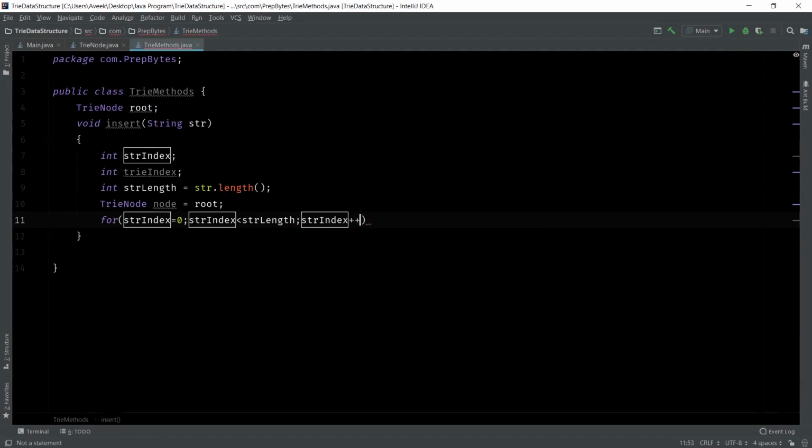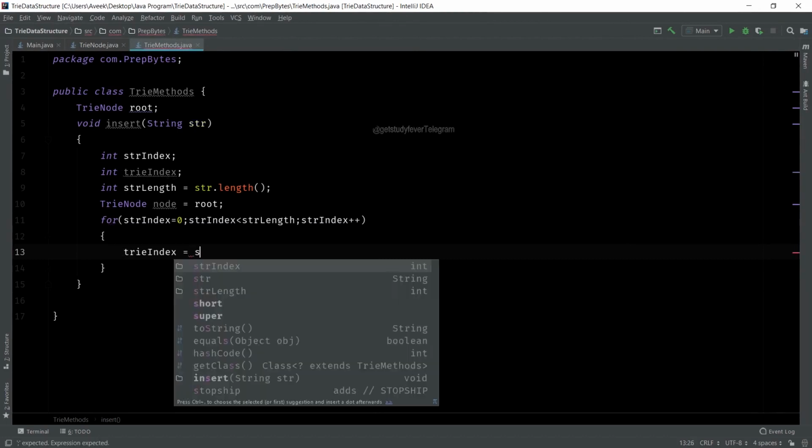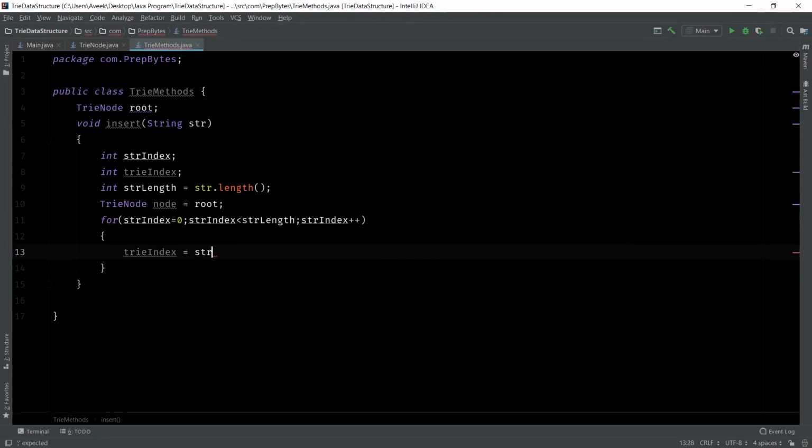So this is nothing but a simple loop. i equal to 0 till i less than length, i plus plus. That's simple. Okay, how will you find trie index? It is nothing but, I told you, we have the string str dot charAt